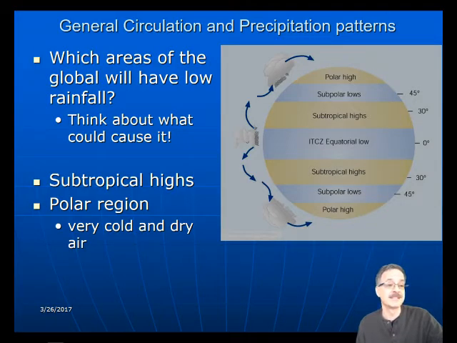Remember, as the air descends, it warms, and the air temperature and the dew point temperature will get farther apart, so there's less chance of condensation to happen. Well, where do the highs occur? The highs occur here